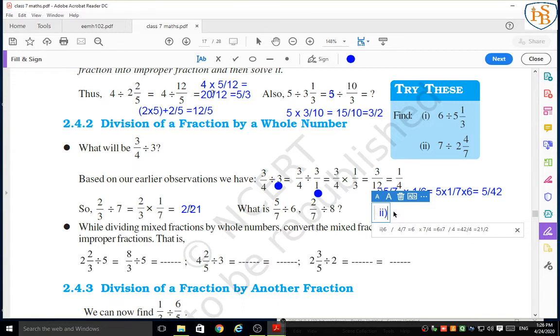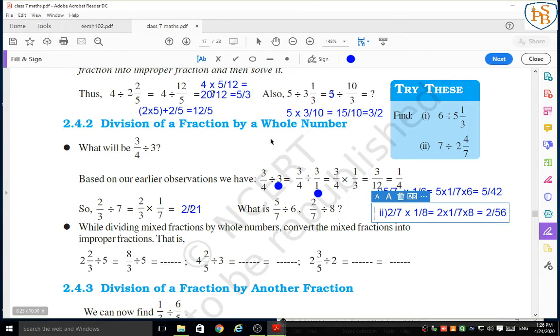Now we are going to solve the second question. Look here carefully. The second question is 2 upon 7 divided by 8. We wrote here 2 upon 7 as given in the question. Instead of division we will write here multiplication. Now it is necessary to write the reciprocal of 8. So the reciprocal of 8 is 1 upon 8. So the next step of this sum is multiplication, that is 2 into 1 upon 7 into 8. So is equal to 2 ones are 2 divided by 7 eights are 56. Okay, do you get this, students?